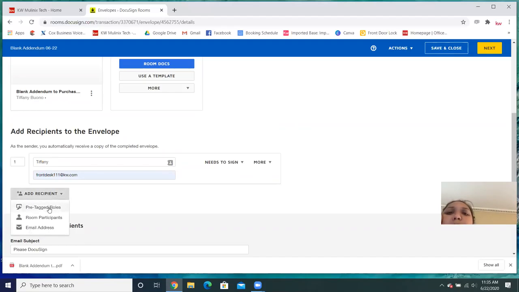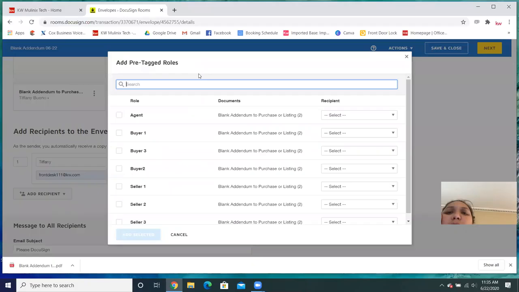So we're going to do pre-tagged roles. These are the roles that we created in that template. We have our agent, we have buyer 1, buyer 2, buyer 3, seller 1, seller 2, seller 3. If we had only done 2 buyers and 2 sellers, there would only be 2 buyers and 2 sellers here. If we had added another agent, there would be a secondary agent here. So what comes up in these pre-tagged roles are the ones that you decided on when you created that template,